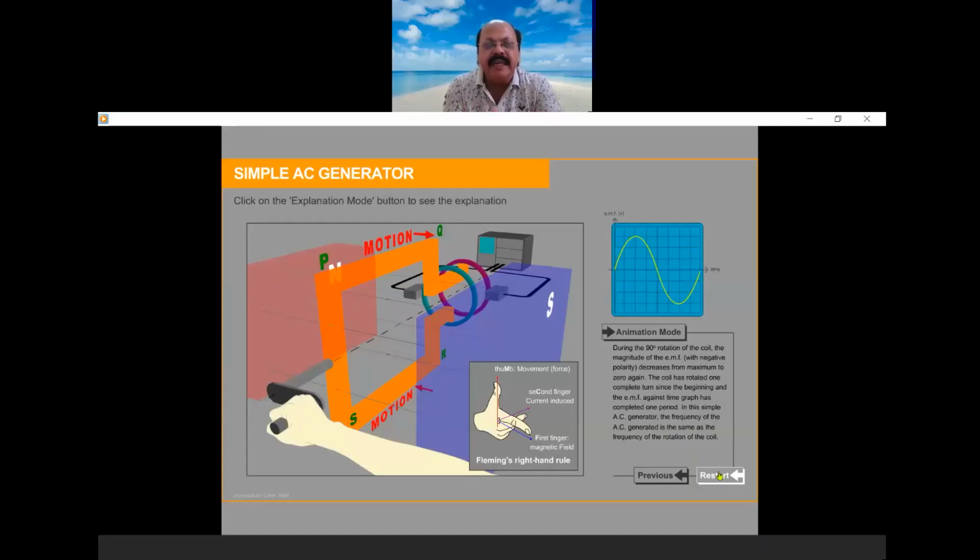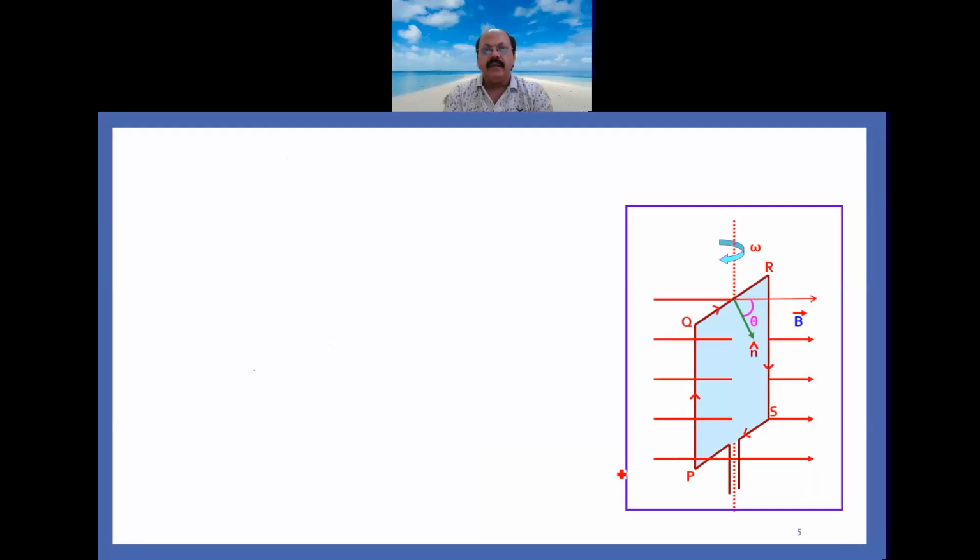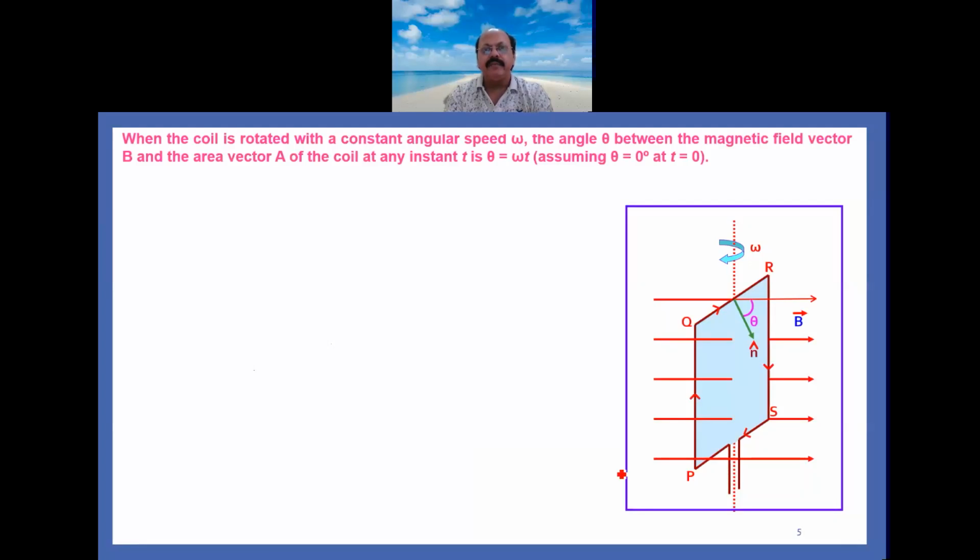So from here we can say that the mechanical work done on the axle of the AC generator is converted into electrical energy. Now mathematically we have to find out how the variation of induced EMF, and hence induced current, takes place due to the rotation of the armature coil in a magnetic field. You can see here in the diagram, PQRS is an armature coil placed in a uniform magnetic field,